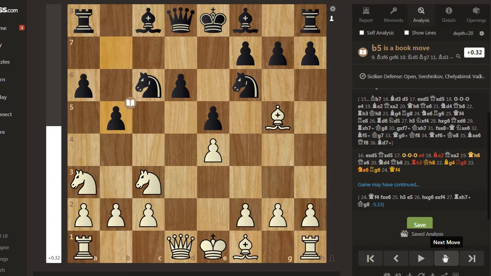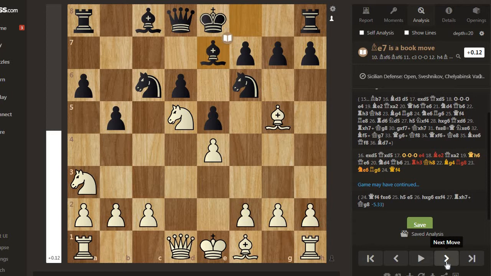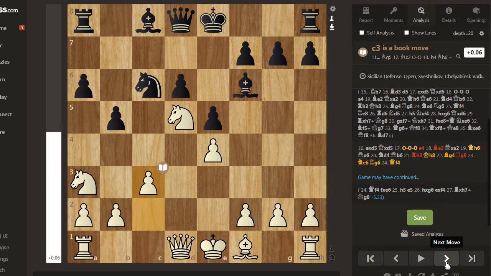White has two major plans here. The knight can go to d5 immediately, or white can capture the knight and then occupy d5. Knight d5, bishop e7, and bishop takes f6, bishop takes f6, c3,